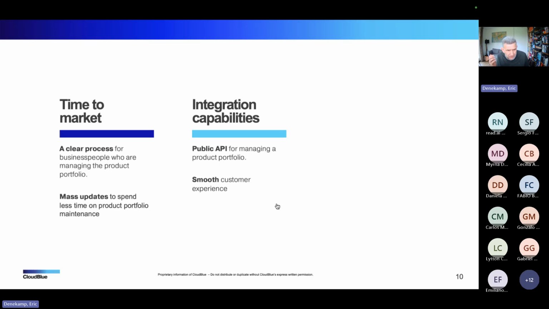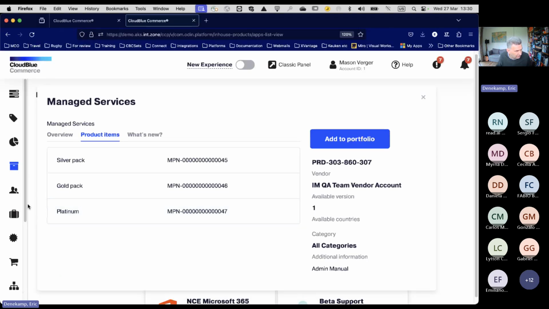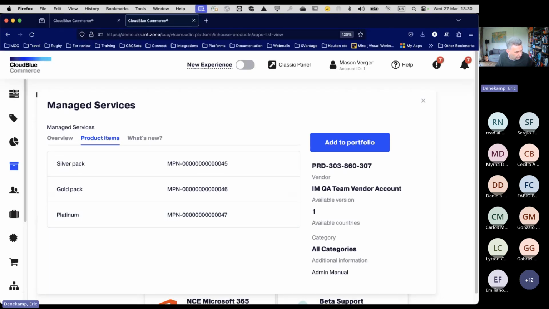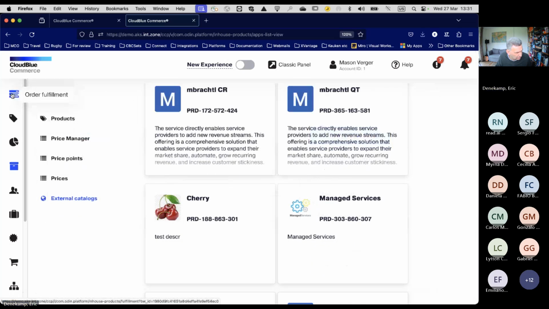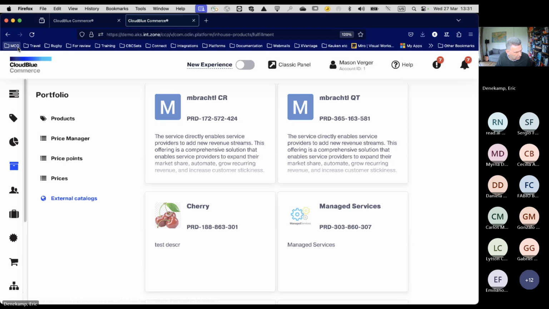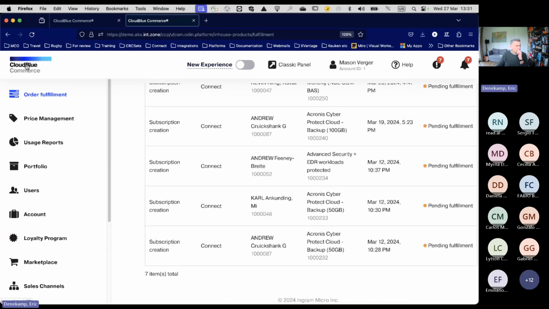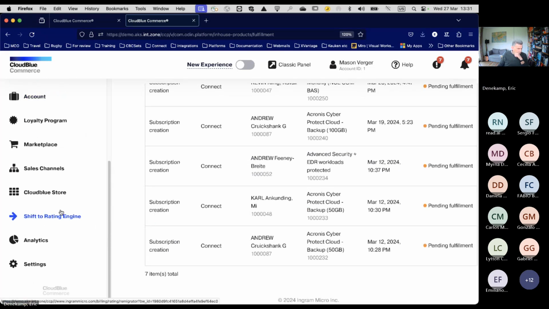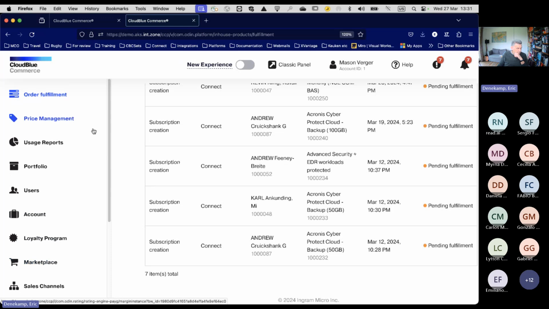Price configuration is still, let me go home first. Come on. Where's my home? There's my marketplace. I want to have the home button.